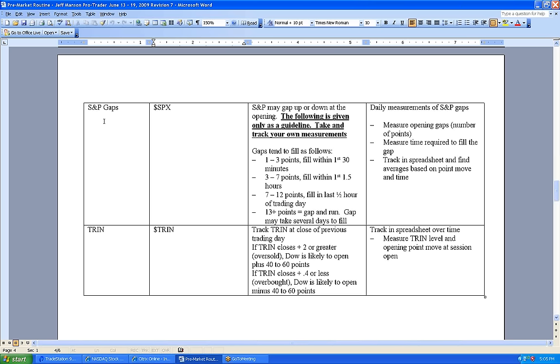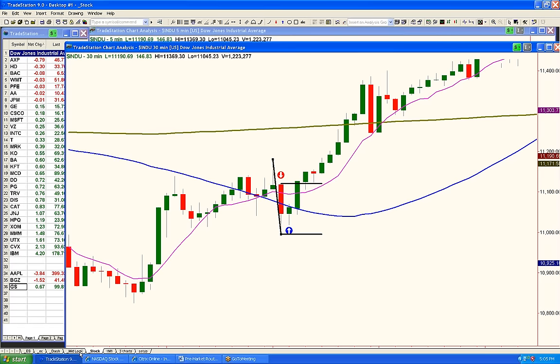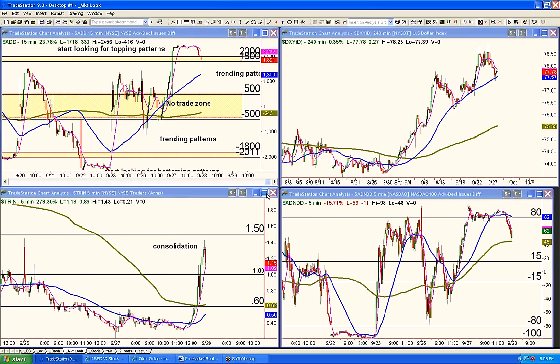$TRIN is the symbol. It measures the amount of upticks over downticks, up volume over down volume. Simple ways: when the TRIN is high, above 2, it's time to buy. When the TRIN is low, below 0.6, it's time to go. Okay? So as I monitor this, I look at the markets here, and on the TRIN,